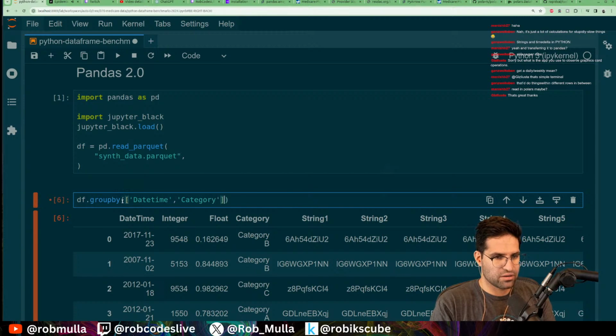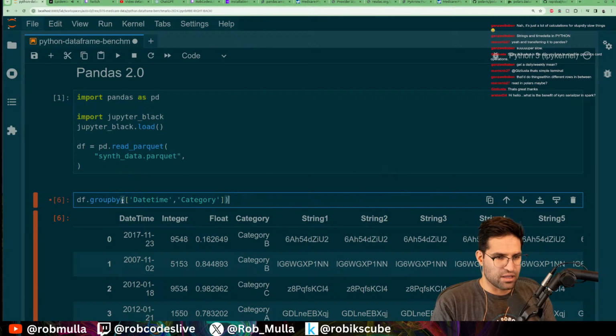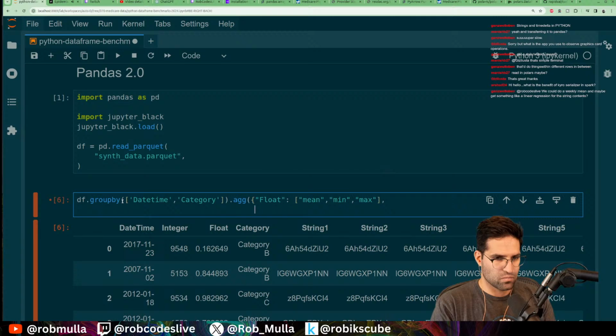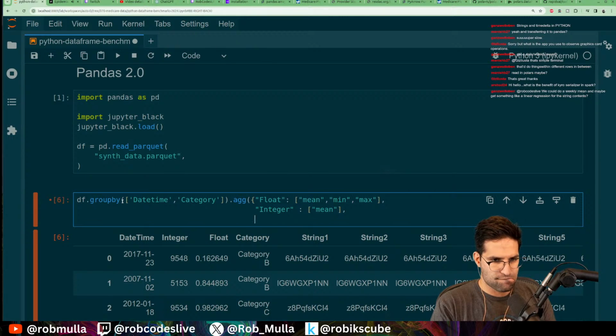And the category. And then we can aggregate like this. Let's do this. Aggregate. We can give this a dictionary. So for the float, we can take the mean, min, and max of. Integer, we can just take the average value of. And then let's just see what this string,